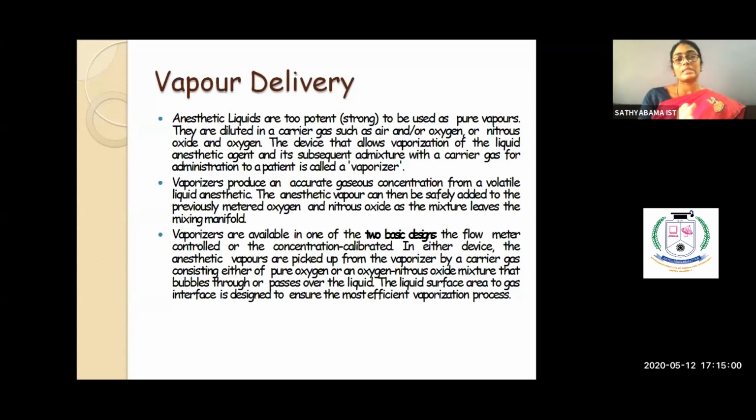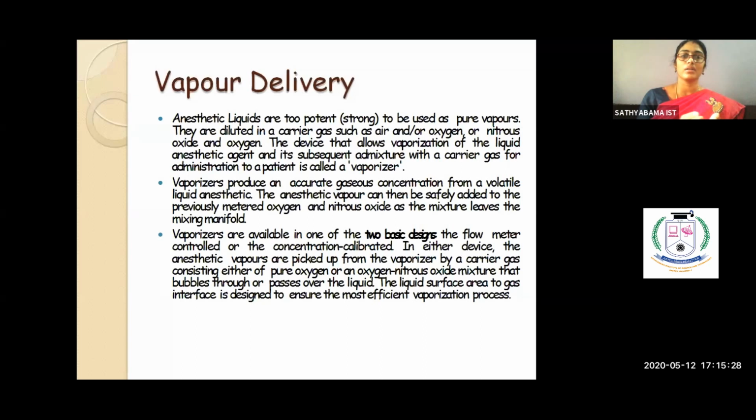As we all know, we've heard of lots of anesthetic agents. Commercially, they use a few things which will be attached to your anesthesia machine. The common thing we all know is chloroform, which you keep on, and a person feels dizzy or becomes unconscious. So we're taking it as a liquid. In lots of cases, when you give too much chloroform, the person dies or goes into a coma. So we need to know how it has to be given.